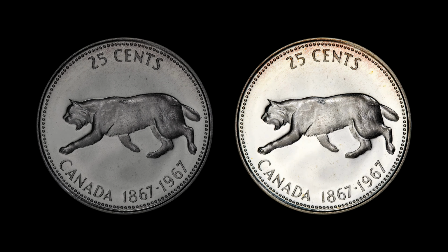This is one of the rarest Canadian quarters that you can find still in your pocket change. There have been 4 or 5 accounted for, but that doesn't mean that there still aren't a few floating out there. So definitely keep your eyes on your pocket change, or if you are coin roll hunting, because you never know if you are holding a coin that is only worth 25 cents or